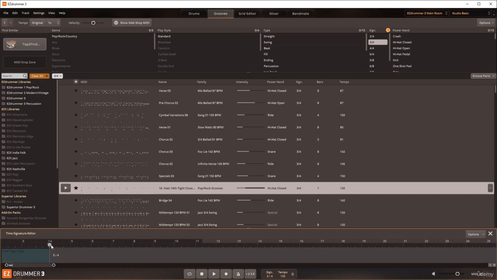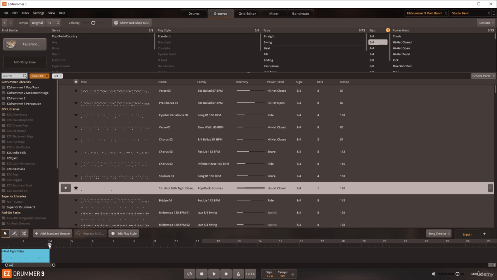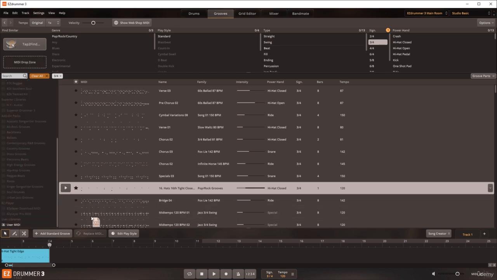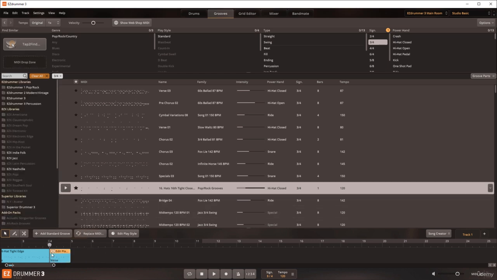This bar now has the required 1, 2, 3 before bar 5 kicks in. Now of course if I want to go back to a 4/4 time, then I would have to change that there, but let me just close that from view. There's our 3/4 time, so I can now drag this 3/4 pattern and it lines up exactly between bar 4